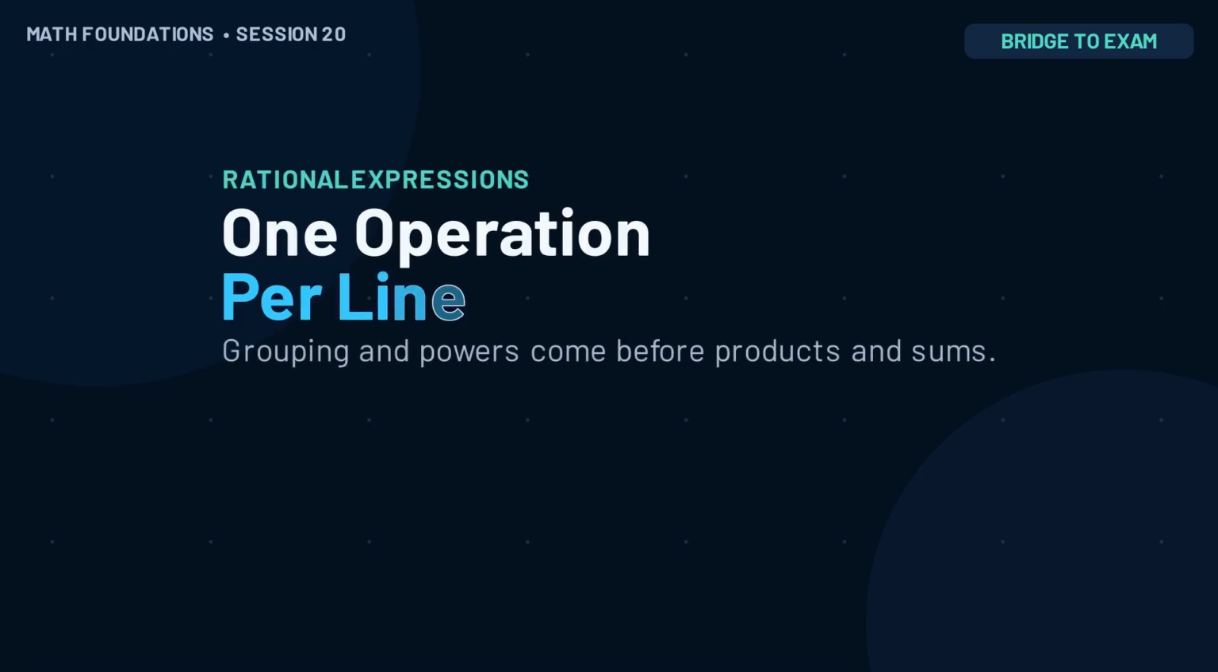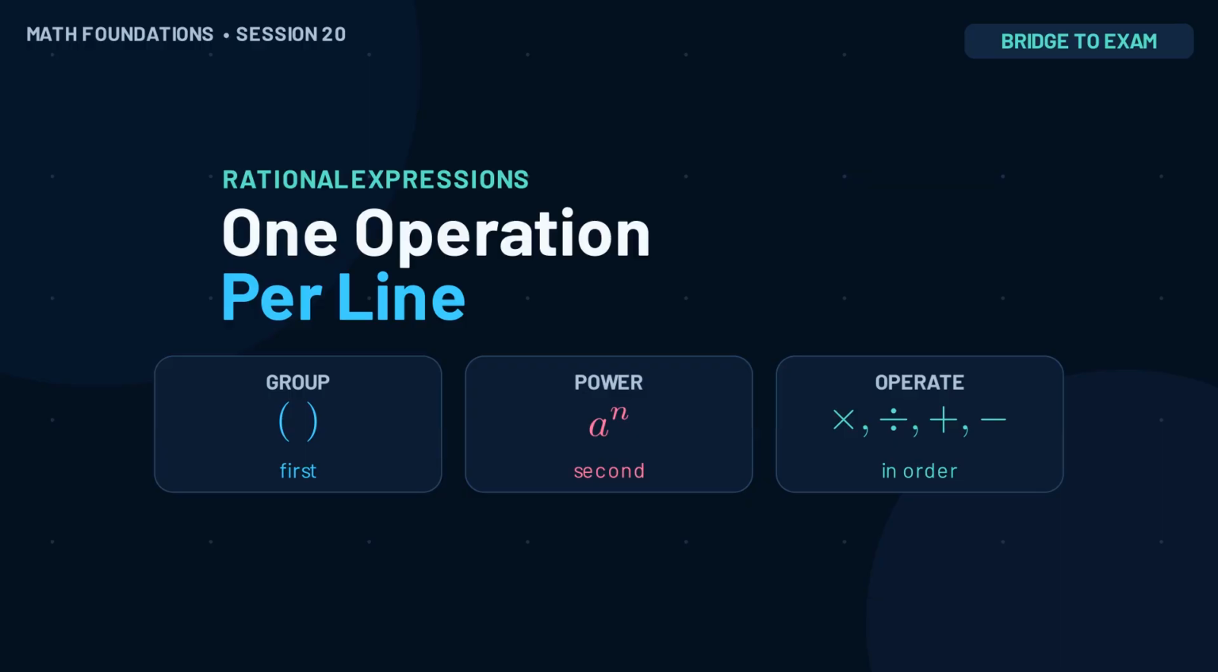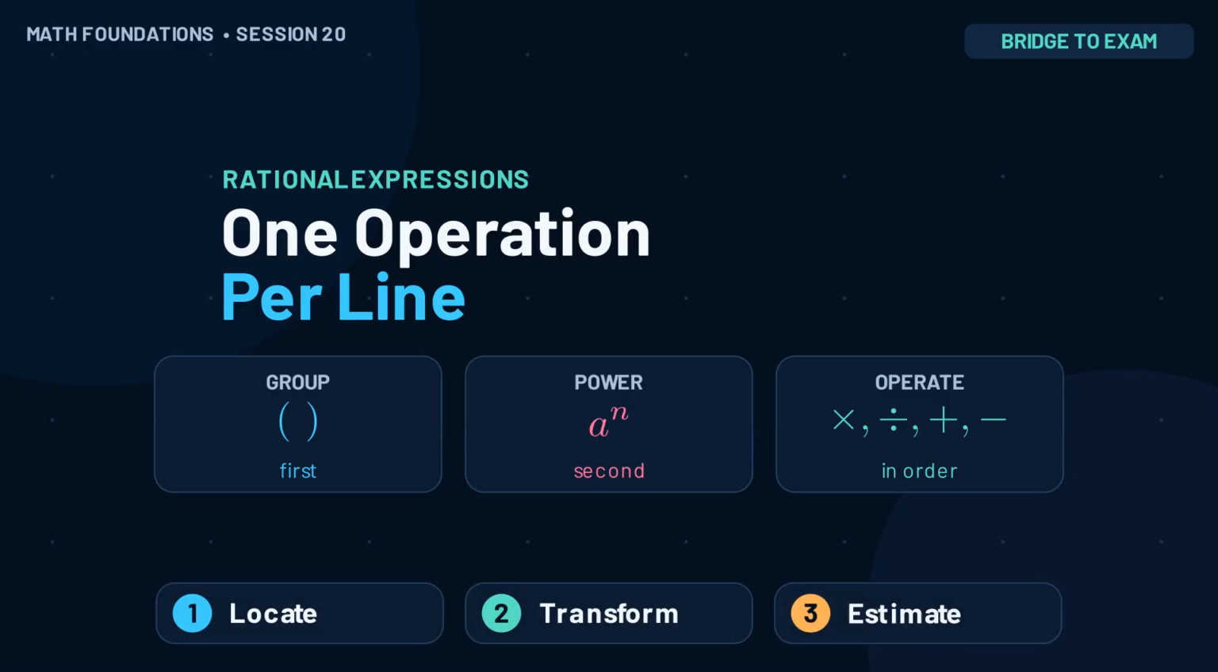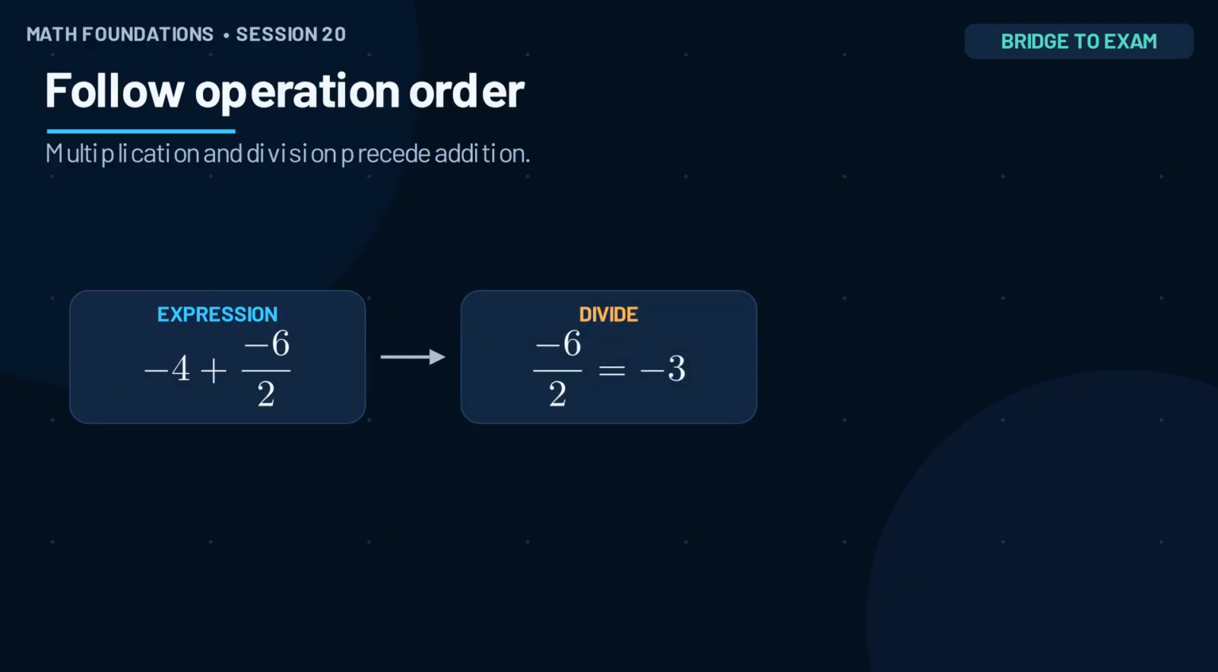Welcome to Session 20. Mixed rational expressions test several skills at once. Showing one transformation per line keeps signs and operation order visible. Today you will apply grouping and exponent rules, work multiplication and division left to right, finish addition and subtraction, and estimate intermediate results. Use grouping first, then exponents, multiplication and division from left to right, and addition and subtraction from